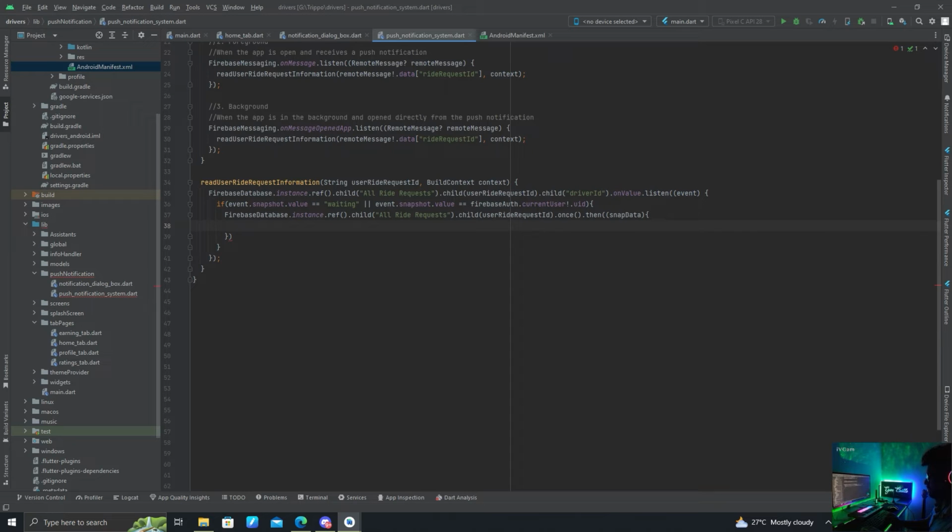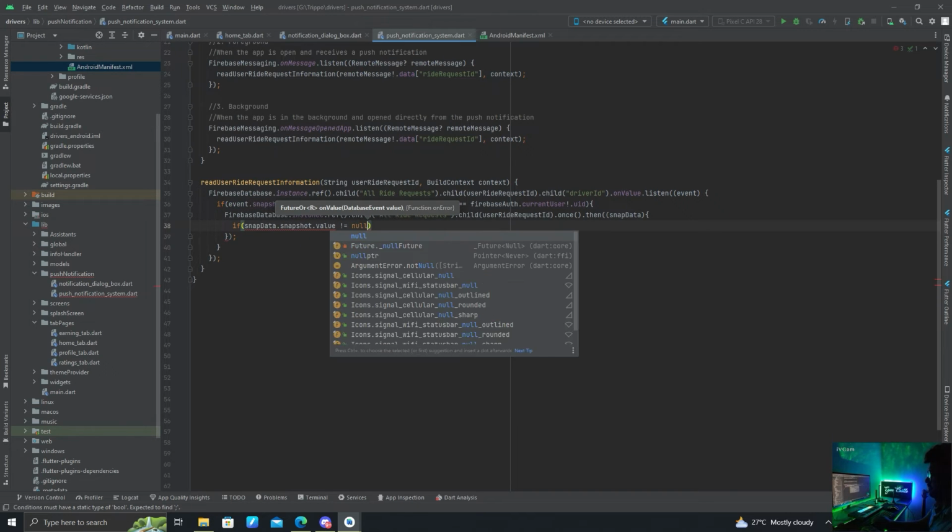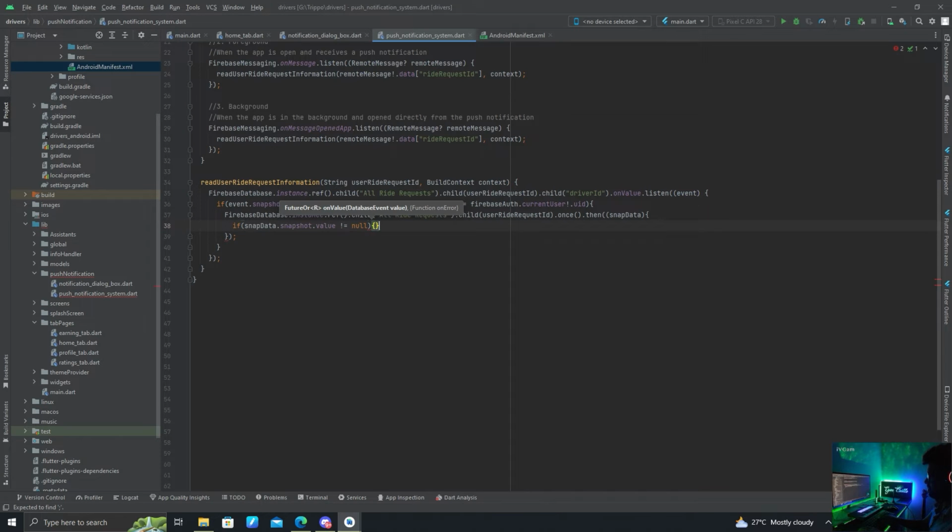And here we can add another if snap data dot snapshot dot value not equals to null, then